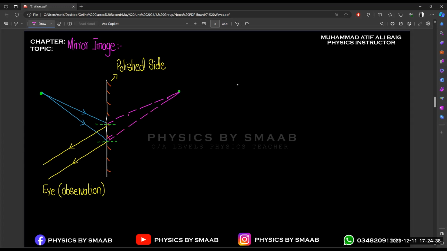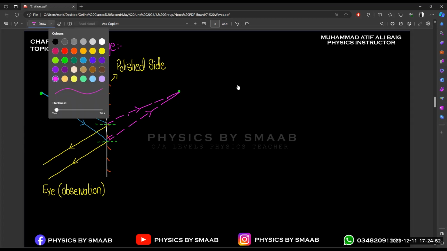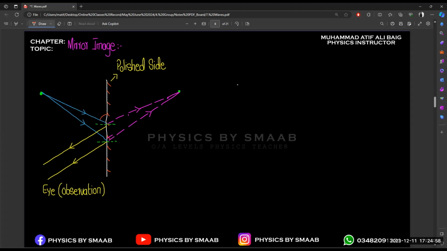So you can see now that when a light ray is incident on the mirror, we use a dotted line. These dotted lines are just for the mirror image or the ray diagram. We know that this is not possible in real life, but if you consider the angle of incidence and angle of reflection, definitely you will get the same angle. If you measure this angle and this angle, let's suppose you consider this one as the angle of incidence, so this is your angle of reflection. And if you consider this one as the angle of incidence, this is your angle of reflection. And if you also measure the angle from here, this is incidence, this is reflection.